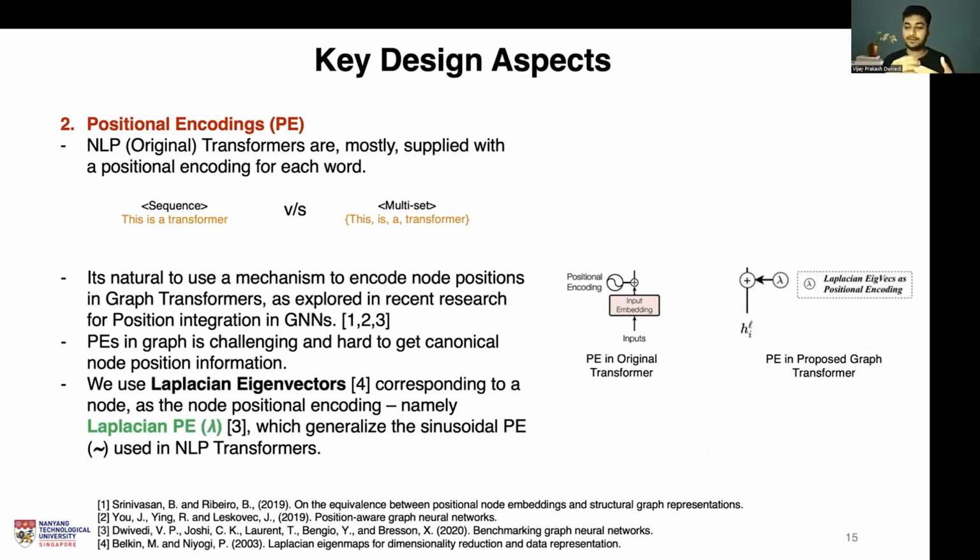So what we do is we generalize the positional encoding that was used in the original transformers, and we use a mechanism to encode node positions. We do this by using Laplacian eigenvectors. How it generalizes the positional encoding used in the transformers: if we have a sequence of words in a sentence, it appears like a line graph. If we take a circular line graph and compute the eigenvectors of the Laplacian of that graph, it results in the sinusoidal positional encoding that is used explicitly and in an engineered manner in the original transformers.